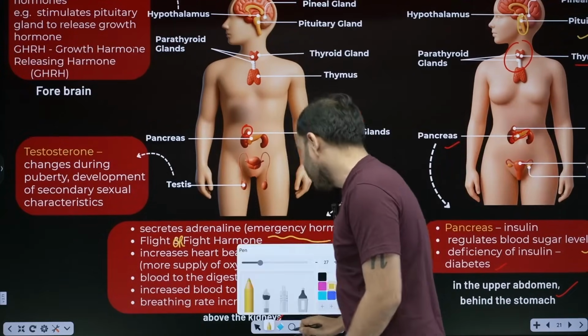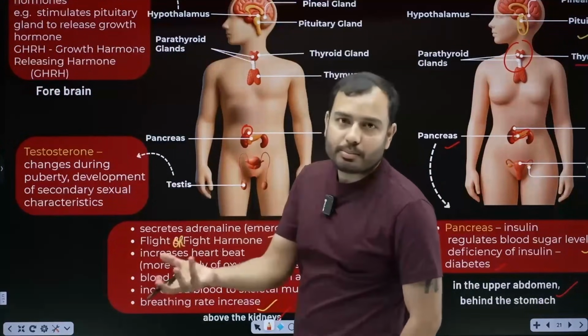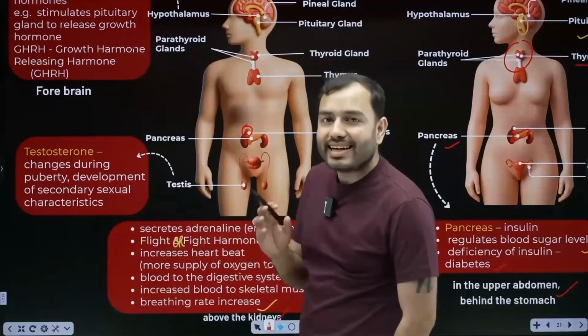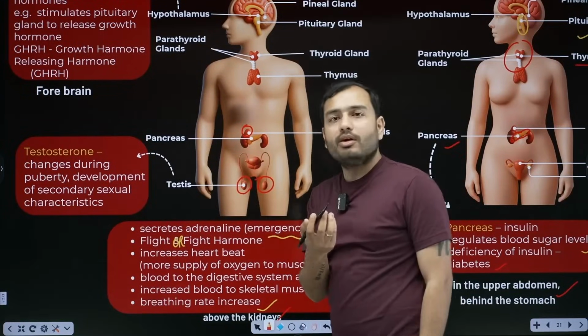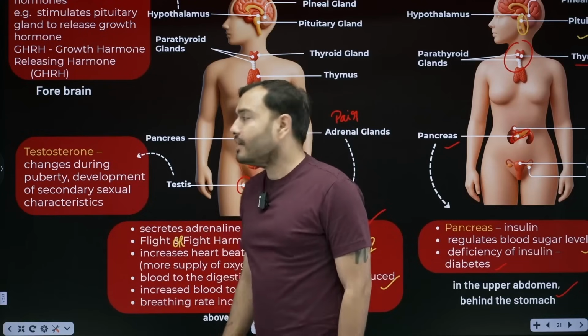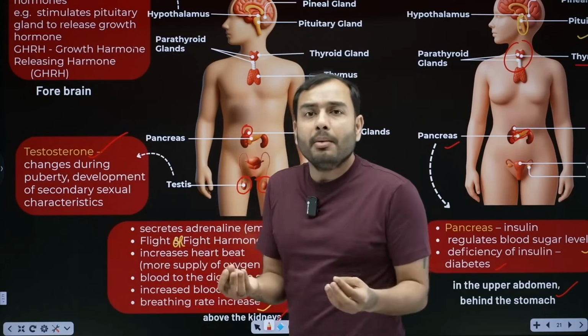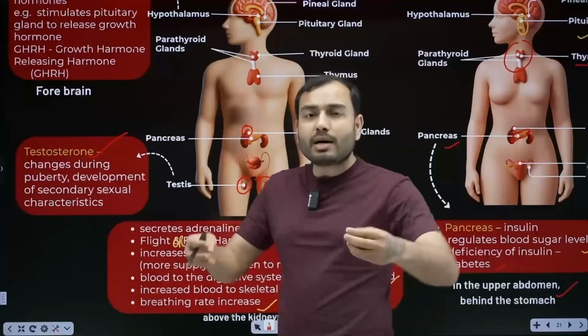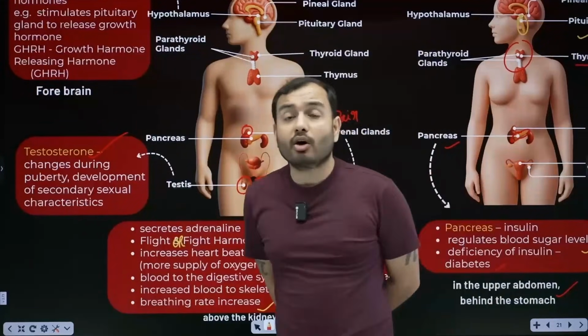Now, two of my glands, beta, are related to our sexual reproductive organs. For example, the first gland is the testes. This is found in males. Here are the testes. There are two testes. Boys must know, girls must know. What do they release? They release testosterone. What is the work of testosterone? They develop secondary male characteristics, such as the deepening of your voice.